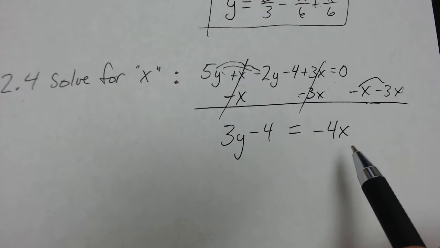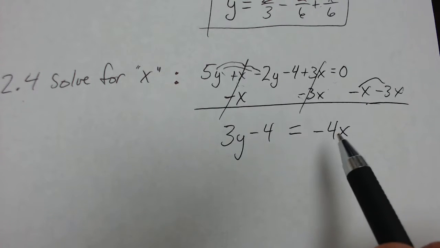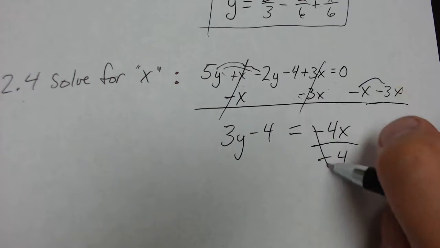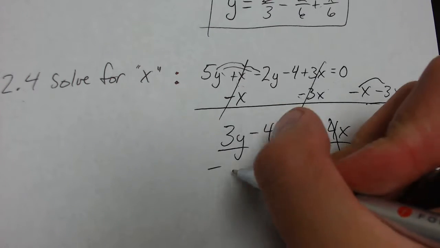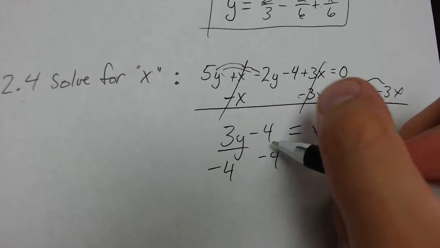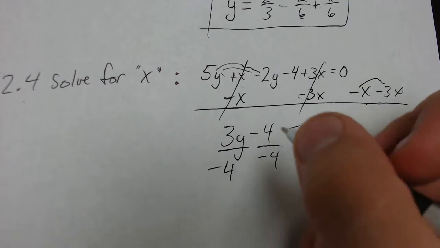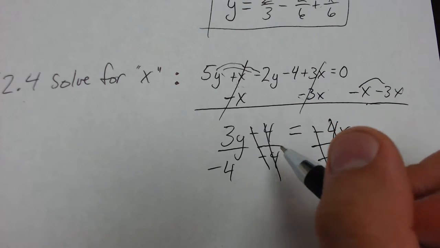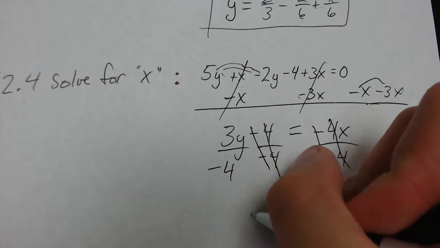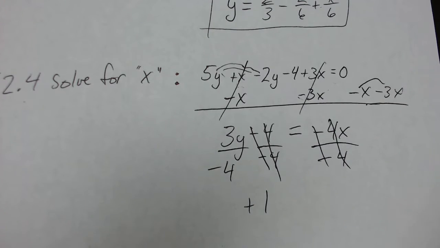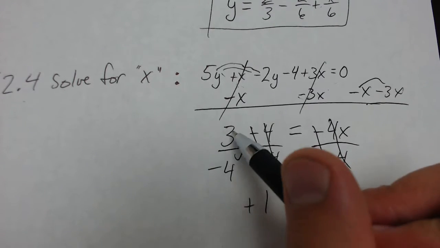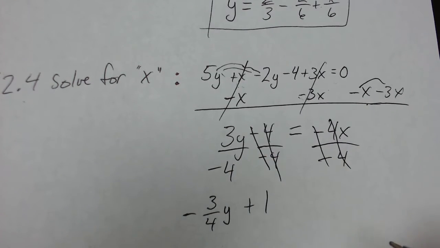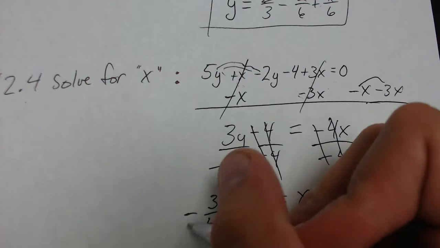However, our x still has a coefficient and our x is negative. We need to get rid of the negative, we need to get rid of the coefficient, and we'll go ahead and do that in the same step by dividing by negative 4. And then we'll divide each of these by negative 4 as well. So what we end up getting here is this negative 4 will cancel, and then that will cancel, and this is not 0, this is now a positive 1. All right. So that's positive 1, and then this is just going to be negative 3 over 4y. Okay? That all is going to equal x,